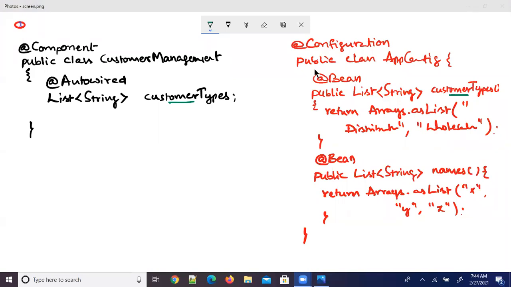So there is no question of overloading. If you want to overload a method, it should accept parameters first. It should have parameters, and there must be a difference in either the number or types of the parameters, right? So I think you just got my answer. Bean methods in the configuration class don't accept parameters. Right. Okay. So we got some more basics today. Next, I will continue on Monday.